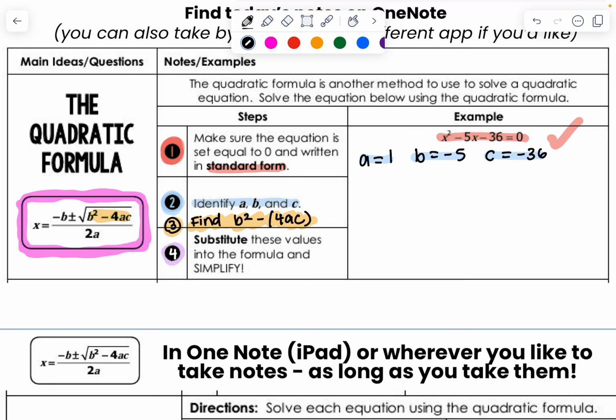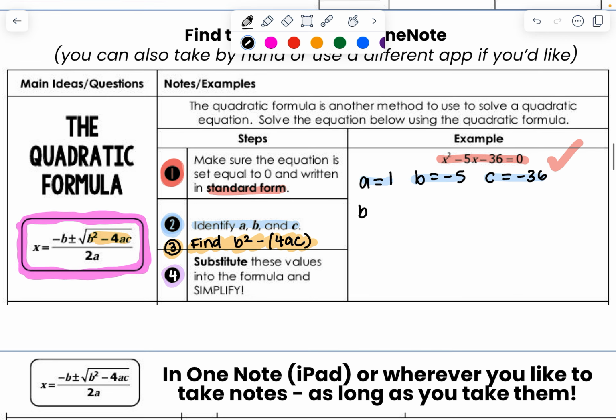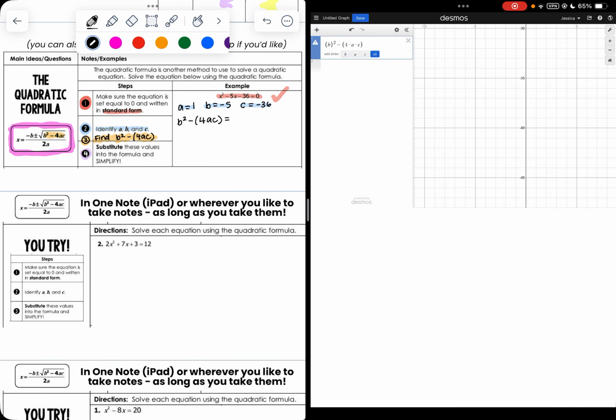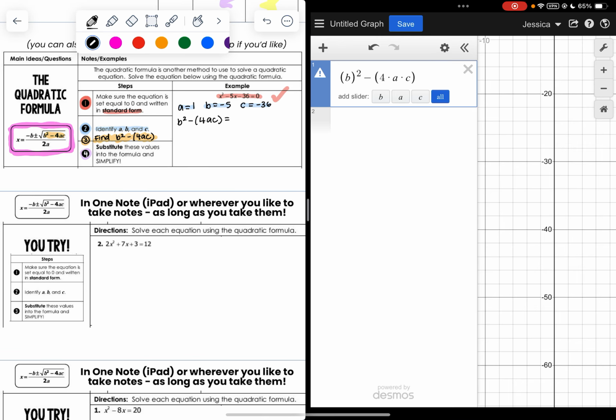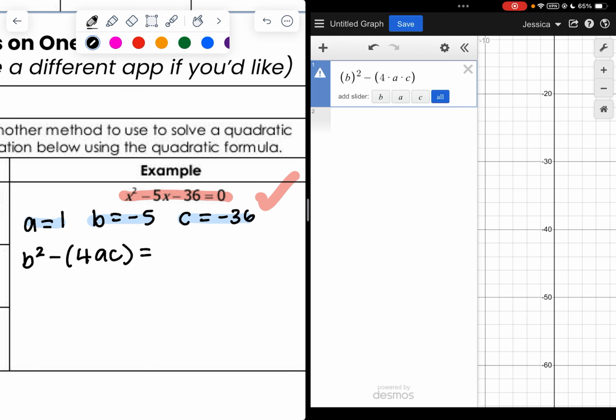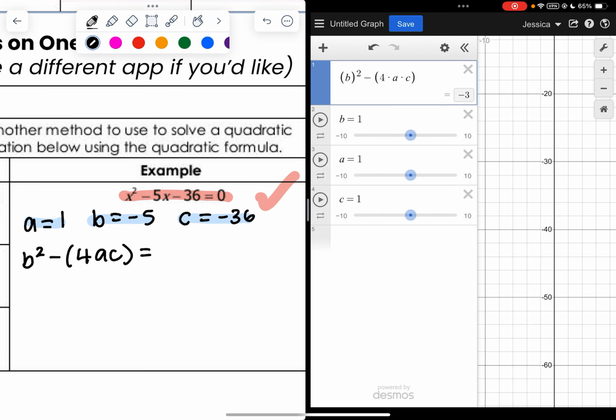Step 3 is to find out b squared minus 4ac. And this is just like we did using Desmos. I encourage you to do that as well. So you're going to notice that I am going to split screen it up, and you should do the same. I'm going to grab Desmos, and you'll notice that I pre-typed in b squared minus 4ac for myself, and we're going to add all the sliders in,